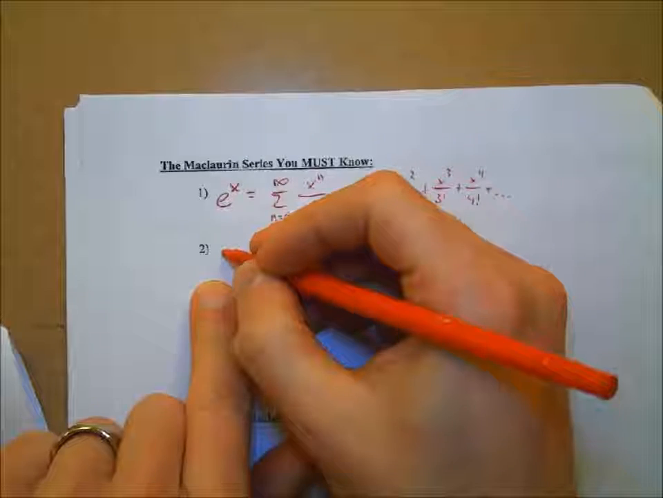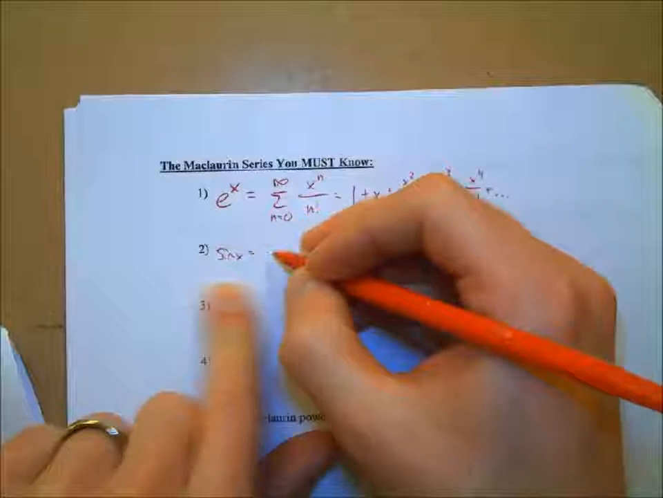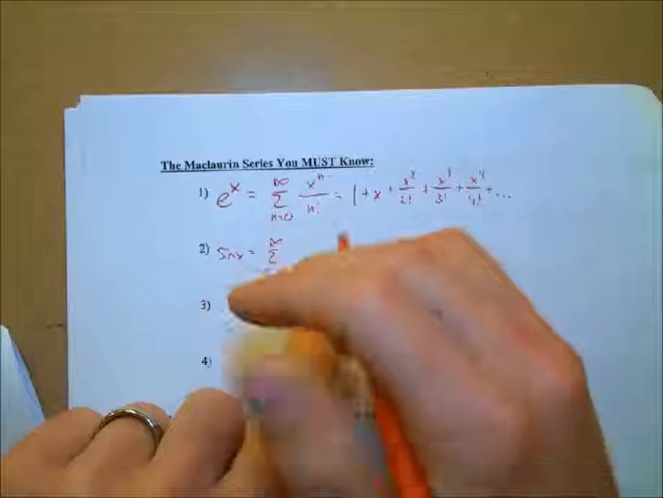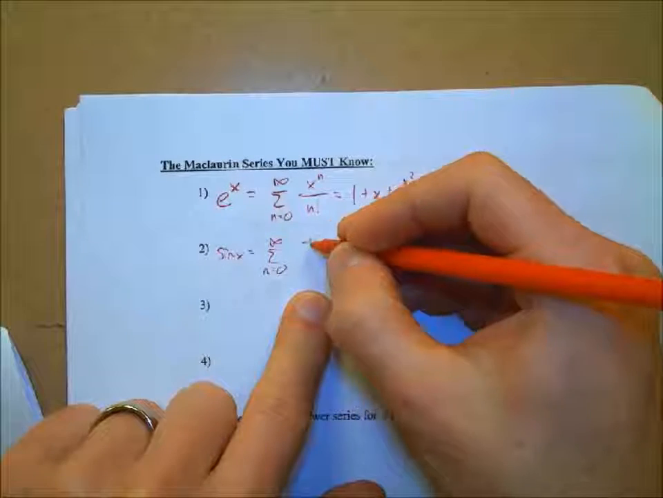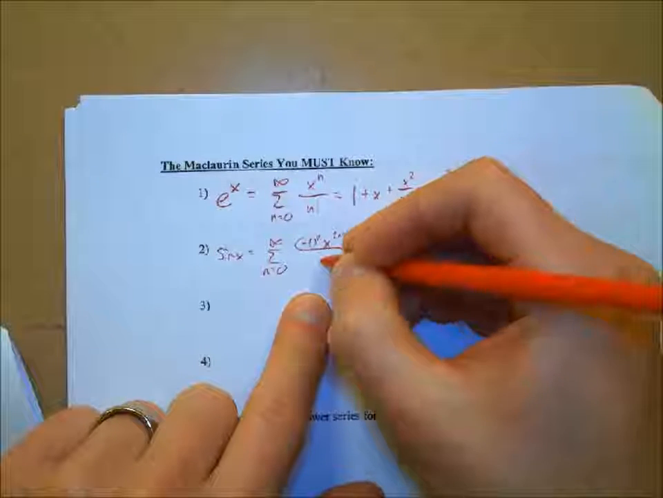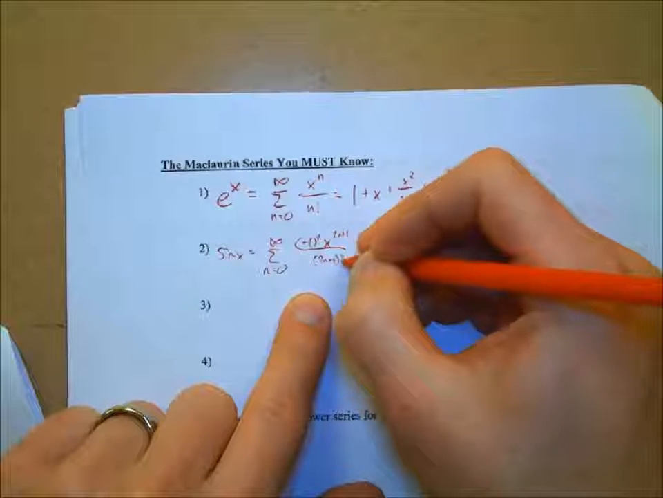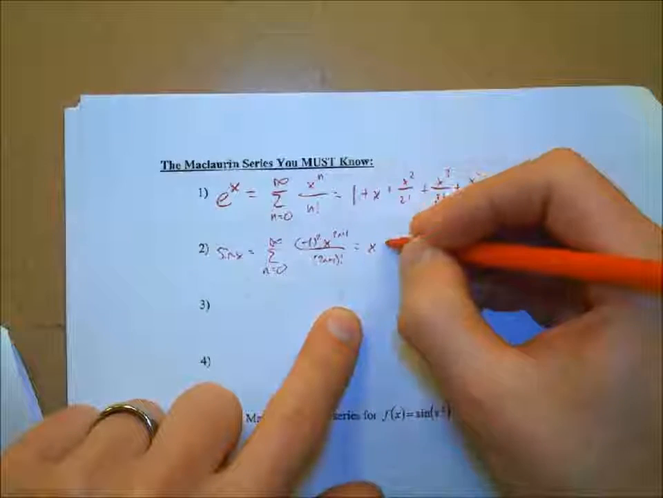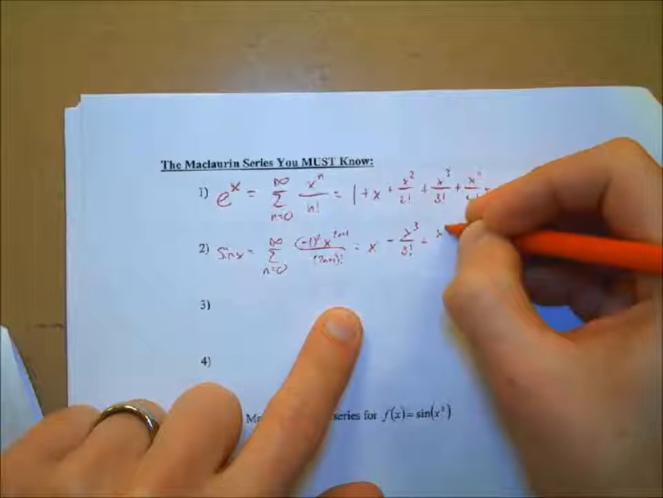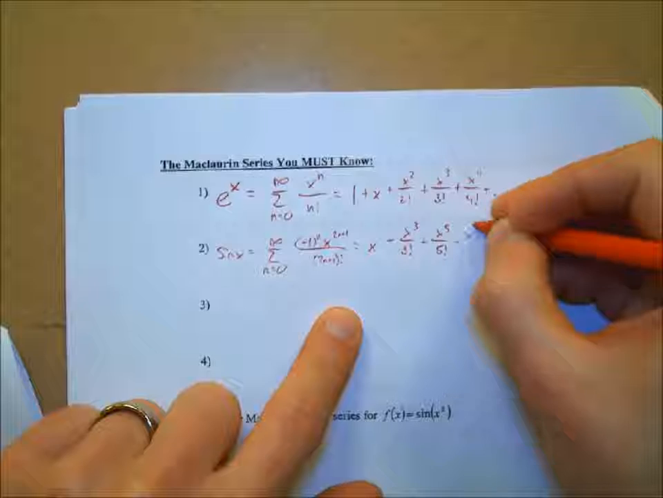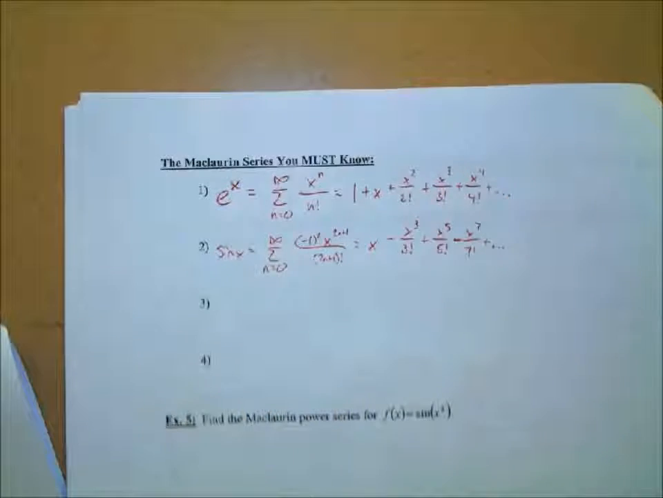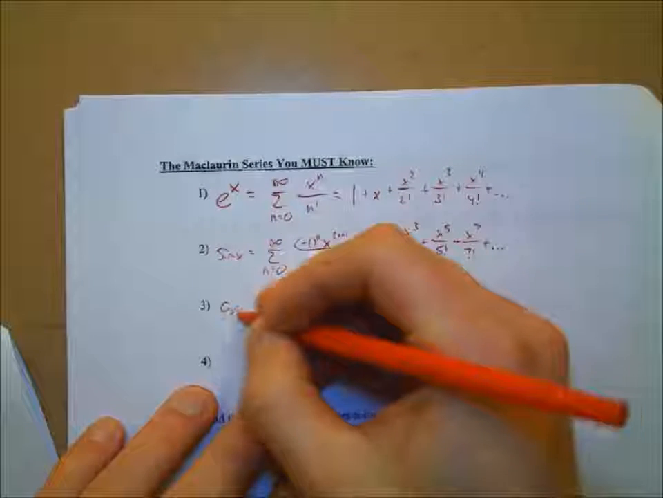All right, then we talked about sine as well. That's another one we'll need to know. And that is also the sum from 0 to infinity of negative 1 to the n, x to the 2n plus 1 over 2n plus 1 factorial. So that was your x minus x cubed over 3 factorial plus x to the 5th over 5 factorial minus x to the 7th over 7 factorial plus dot, dot, dot. You get the idea. And then cosine of x,